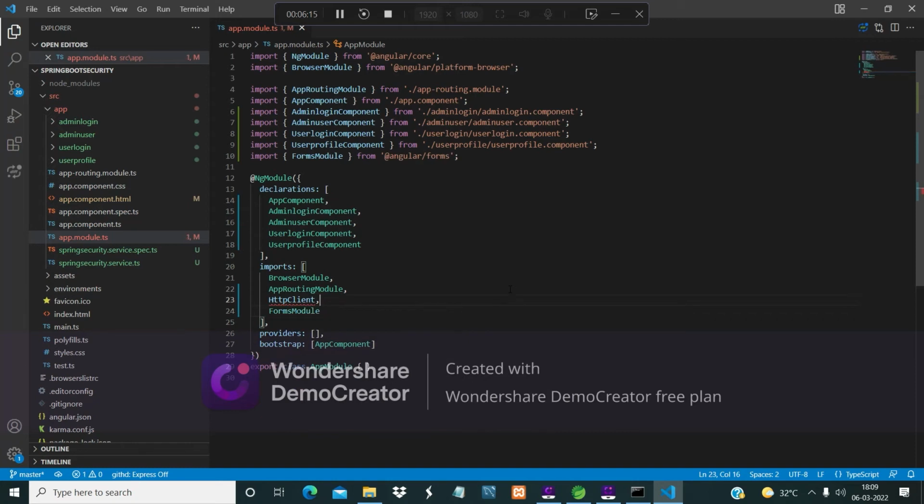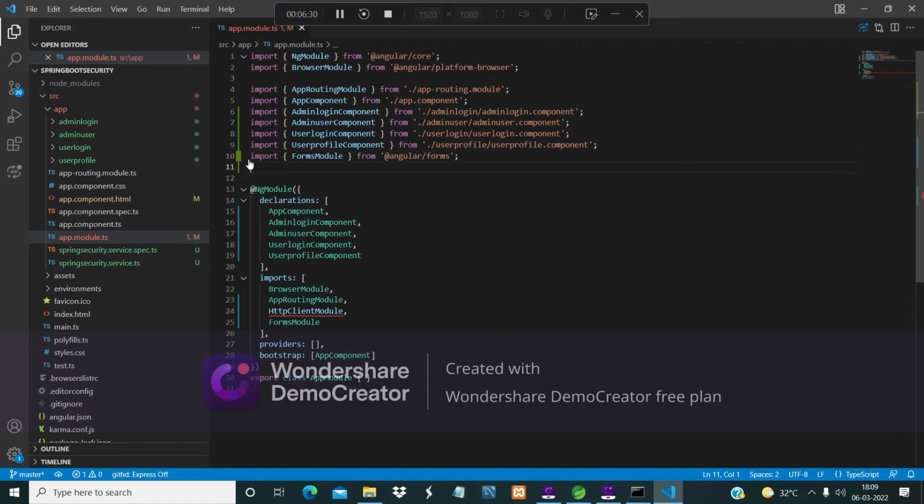Just copy and paste it here, because HttpClientModule is not being imported automatically.